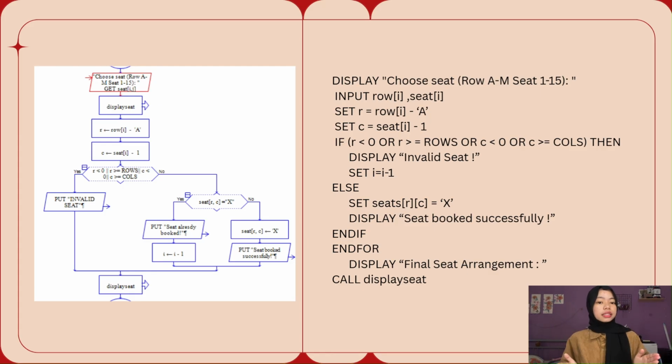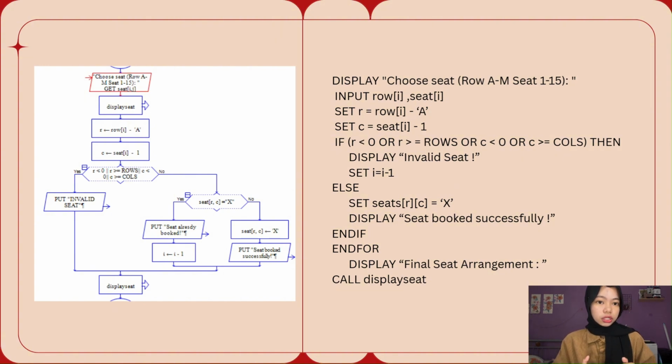This part of the program handles seat selection and booking. First, the program will prompt the user to choose a seat by entering a row from A to M and a seat number from 1 to 15. Other than that, seat and row are also